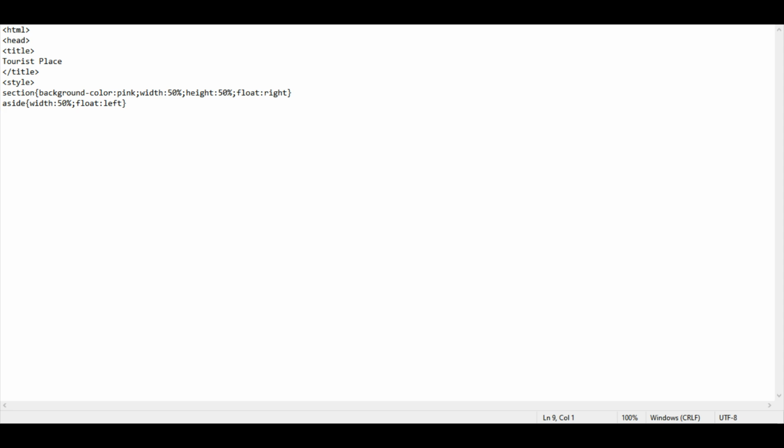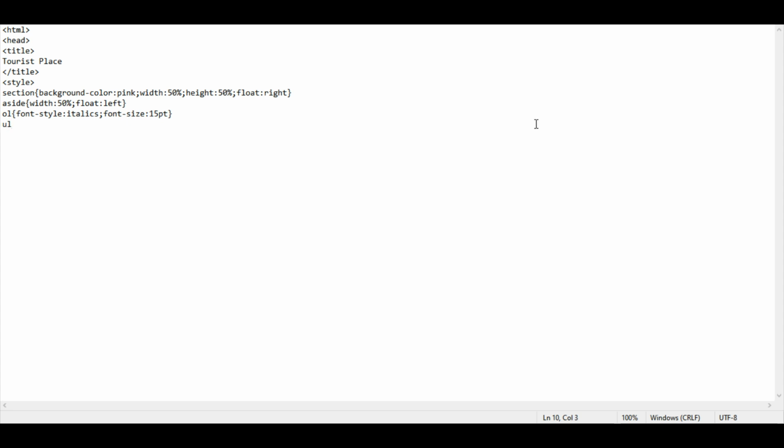Now we'll do the OL tag, that is the ordered list. So we'll do the OL tag. This would be our ordered list. So here the font style has to be italics, along with our font size to be basically 15 points would be good enough. So that's readable at least.